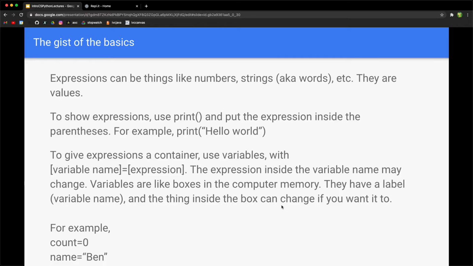Expressions can be things like numbers or strings. Strings are like words, etc. They are values. To show expressions, use print and put the expression inside the parentheses. For example, print, and then inside the parentheses, you have a string. Strings are surrounded by quotes. "Hello world." To give expressions a container, use variables with whatever the variable name is,